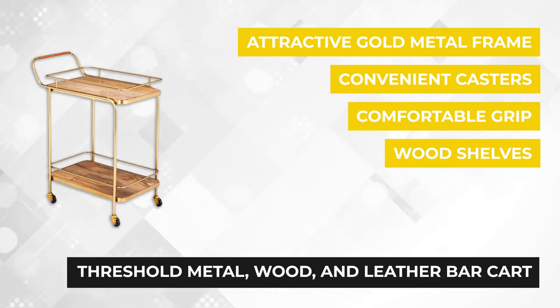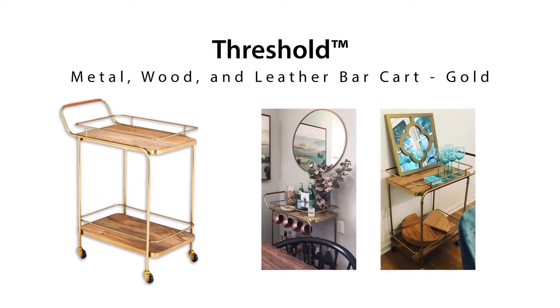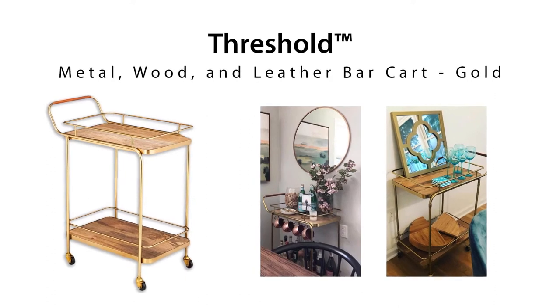One of the most striking features that you'll love about the Threshold bar cart is the sheer size. Measuring 36 inches high, 34 inches deep, and a little over 16 inches wide, it's large enough to